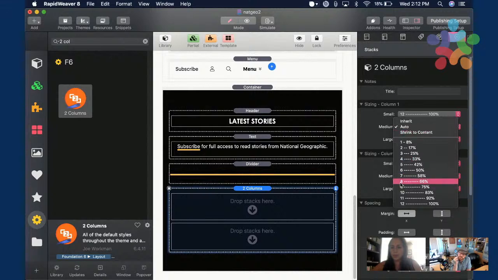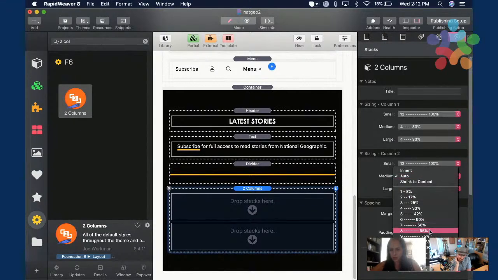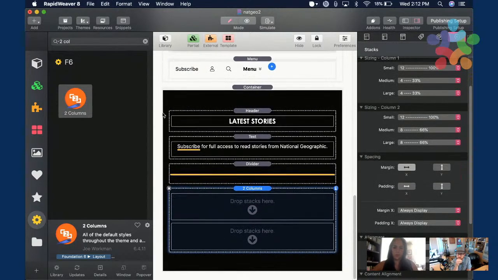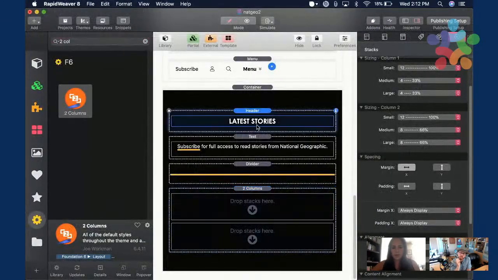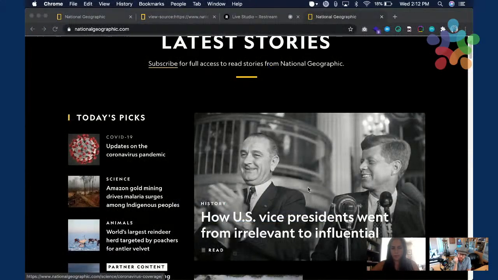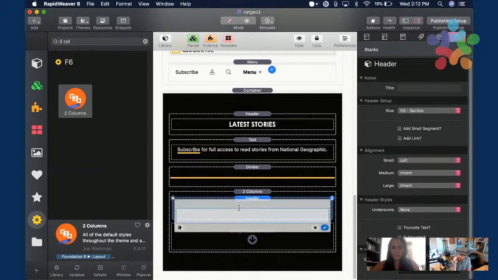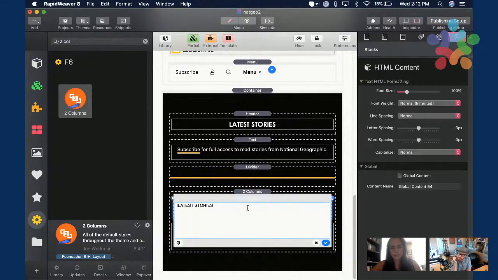In medium and large devices, the first column should be 33% or 4 units out of the 8, and the second column should be 8, or you can leave it in auto and it will also work. And then we have a header, but that header is aligned to the left, and I'm going to add this.